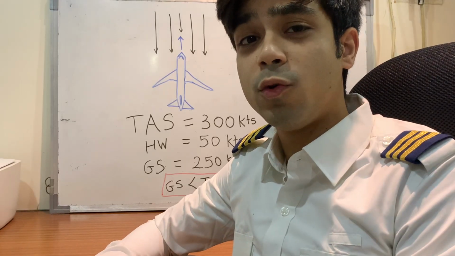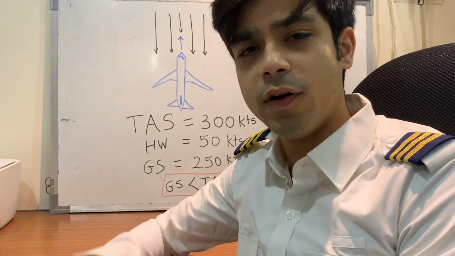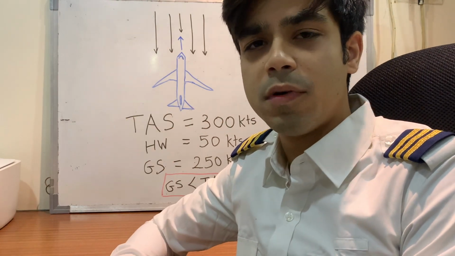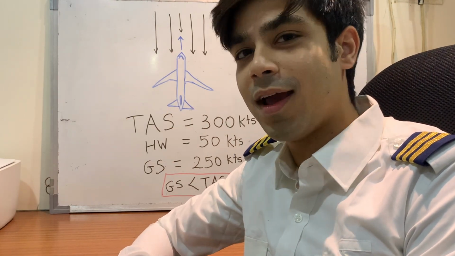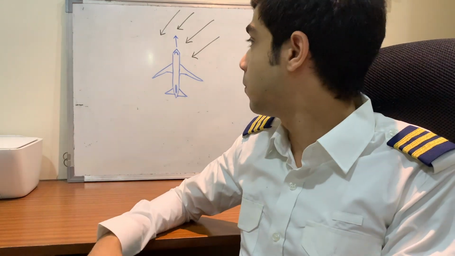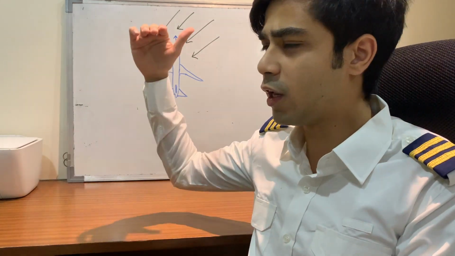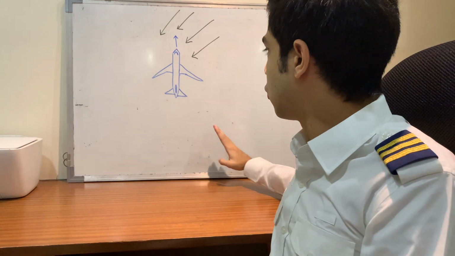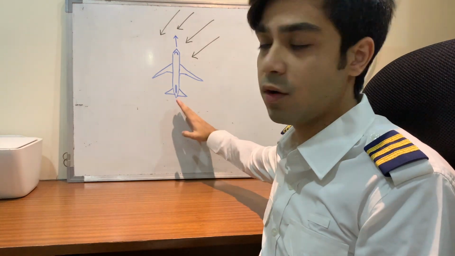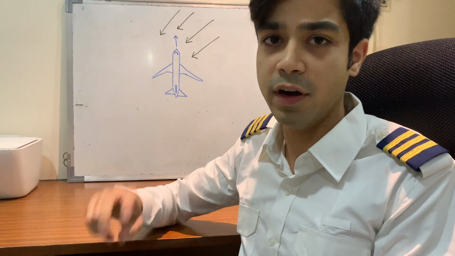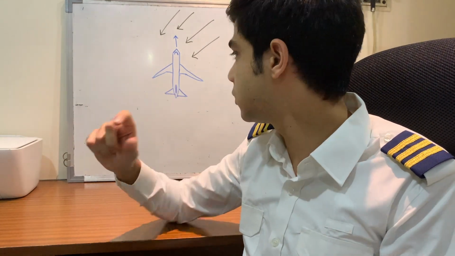But one thing that we need to keep in mind is that headwind tailwind is not as simple as this. Sometimes it could look also something like this, which is not exactly a headwind or a crosswind, but it's kind of a mixture of both. It's kind of hitting you on your quadrant. So there could also be something from this direction, which is kind of like a tailwind. But something like this is always going to have some amount of headwind component, just like something from here would have some amount of a tailwind component.